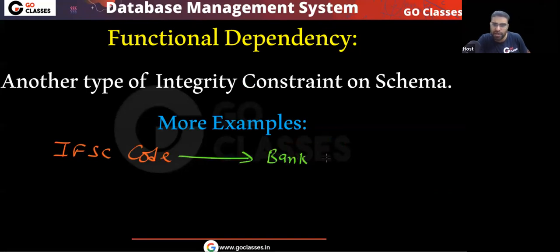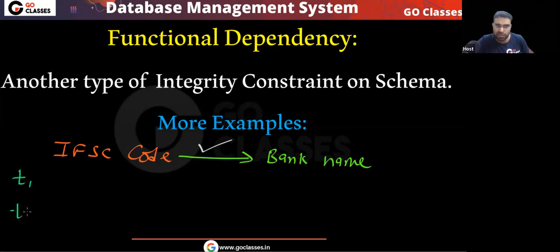Can you determine the bank name? Please tell me. If you know the value of the IFSC code, can you determine the bank name? Yes, you can determine. I can also say that in two tuples, if the IFSC code is the same, let's assume